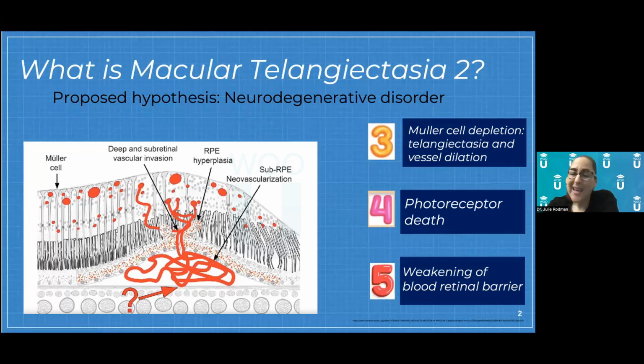We get pigment plaquing in this disorder because the RPE is dying, it's atrophying. When you have atrophy of the RPE, pieces of pigment are going to migrate up into the neurosensory retina. So each stage of macular telangiectasia essentially correlates with what's happening at this anatomical level. This is not a disorder that starts down in the choroid like polypoidal. This is a disorder that originates in the neurosensory retina. And the OCT actually goes along very nicely with each of these stages.